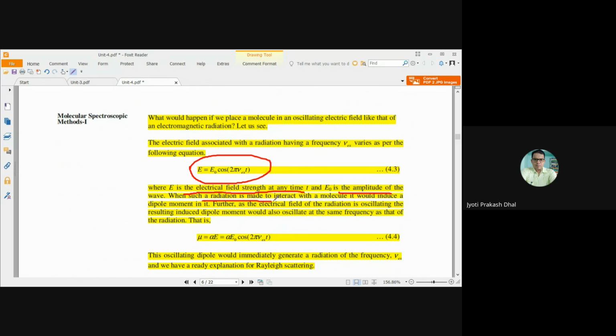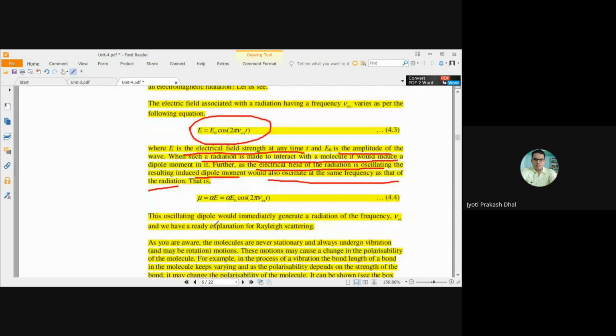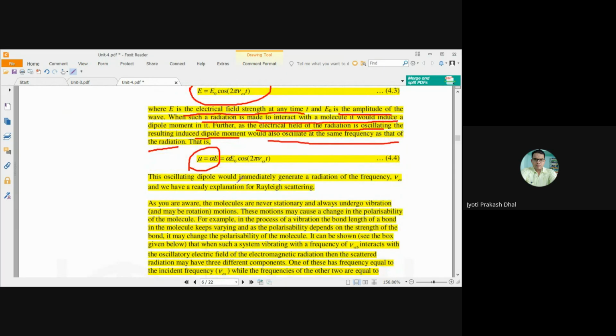When such radiation is made to interact with the molecule, it will induce a dipole moment. As the electric field of the radiation is oscillating, the resulting induced dipole moment will also oscillate at the same frequency as that of the radiation. So mu equals alpha E, equals alpha E naught cos 2 pi nu ex t. So the oscillating dipole would immediately generate a radiation of frequency